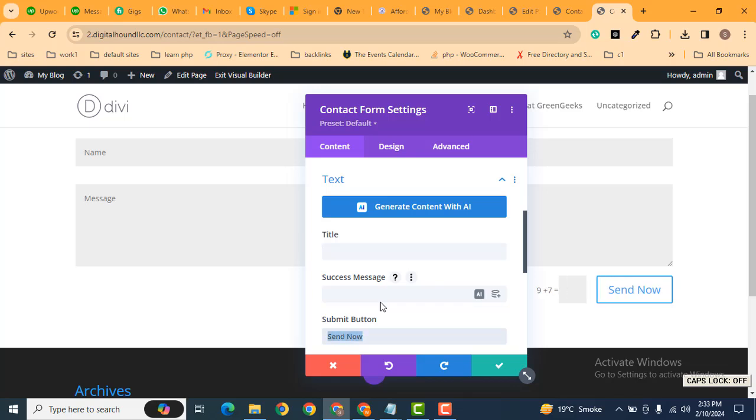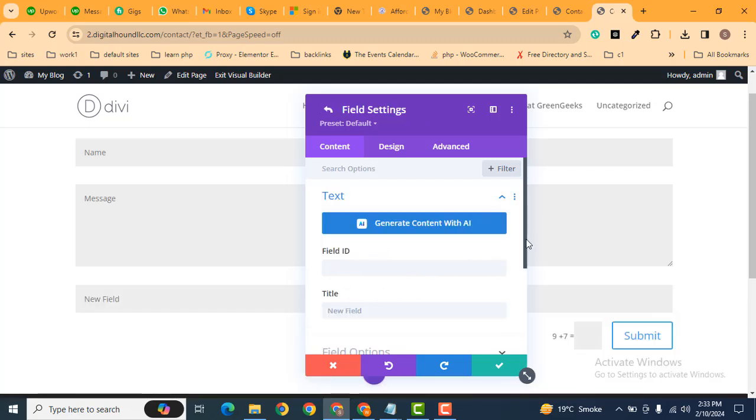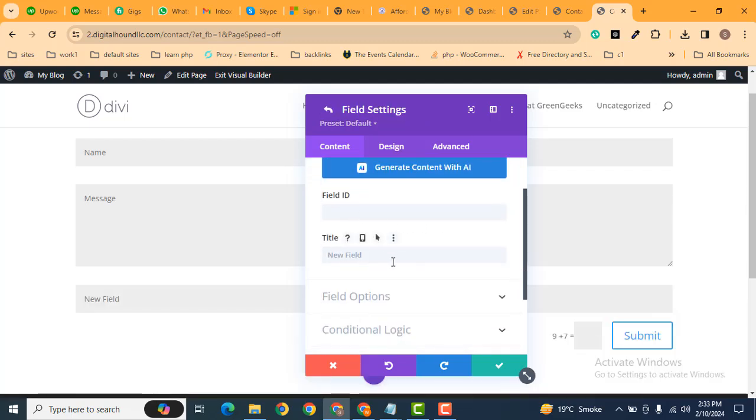Okay, but now we want to keep submit, and after that here you can add any additional field. For example, you want to add a phone number field. Just click here, and here you can give a field ID. Then you can give a title, phone, and also we can give the field ID here. Then click here yes,